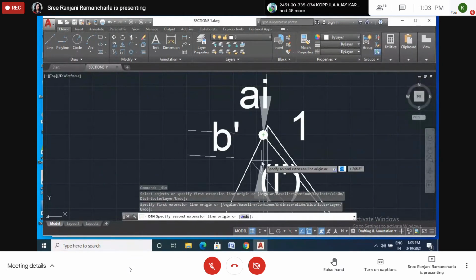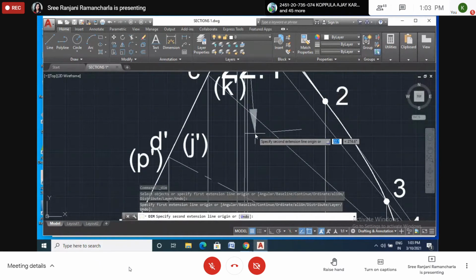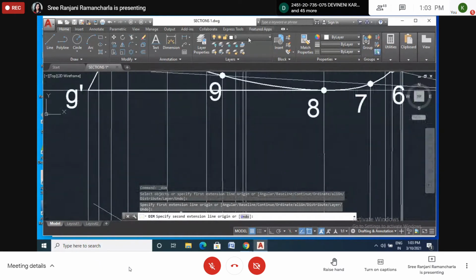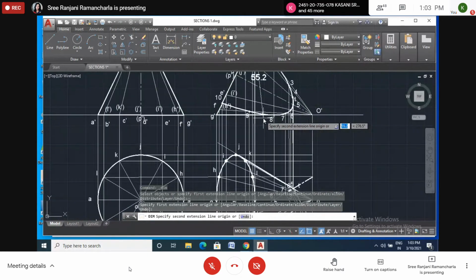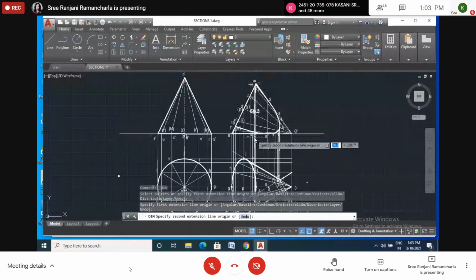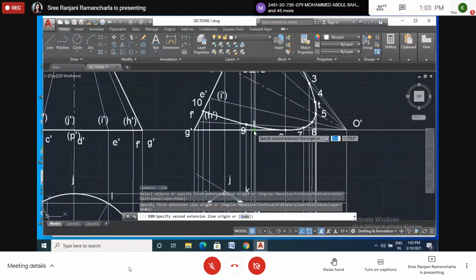From here to the reference line. Please note down. From point A to the reference line, you have to measure. Is this the line?